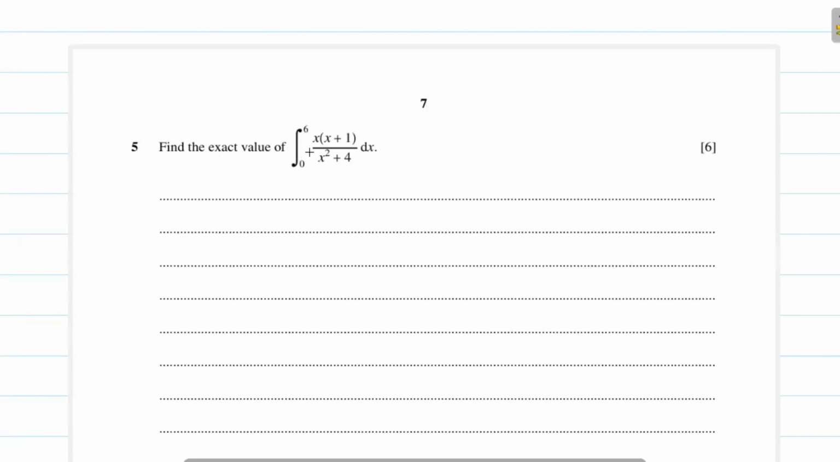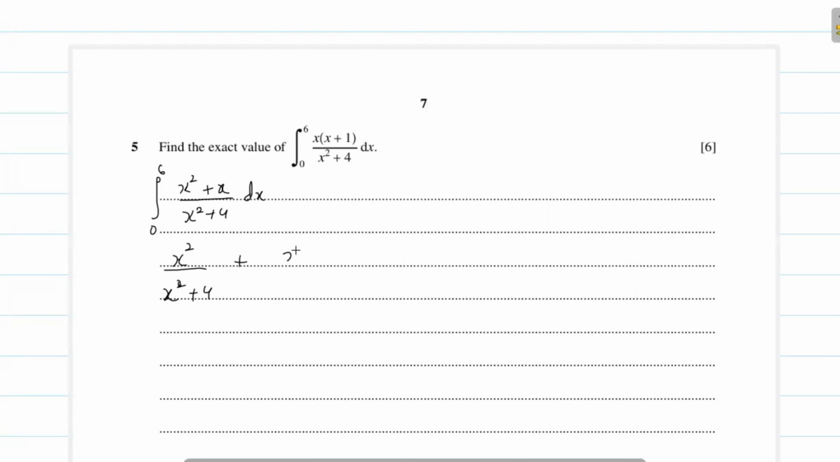Question: find the exact value of the integral from 0 to 6 of x(x + 1)/(x² + 4) dx. We can write this as the integration from 0 to 6, and we simplify the numerator. We can write (x² + x)/(x² + 4) dx, and we can write this as x²/(x² + 4)